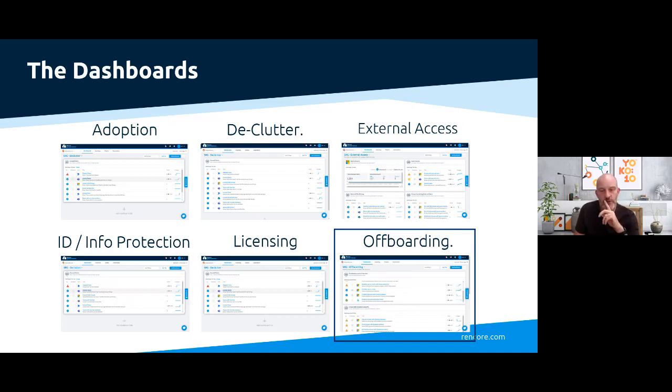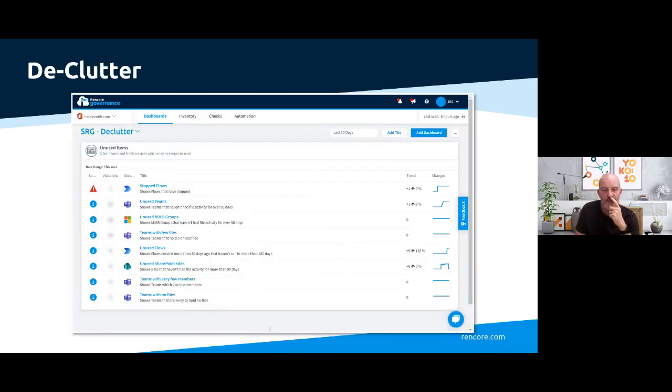Now, I am just going to focus in on 3 of those, just to give you a little bit more detail. Before I do that, I will give you a quick overview of how a dashboard is constructed, because I've used some of this terminology, so it might help. So when we create a dashboard, we have the dashboard itself, as indicated there. And then on the dashboard, we can have 1 or more tiles. Now, this declutter dashboard is very simple.